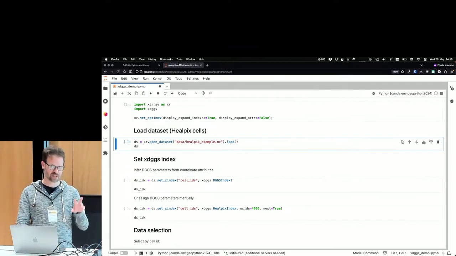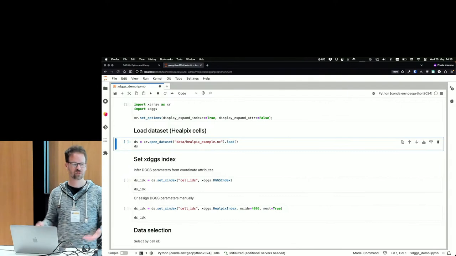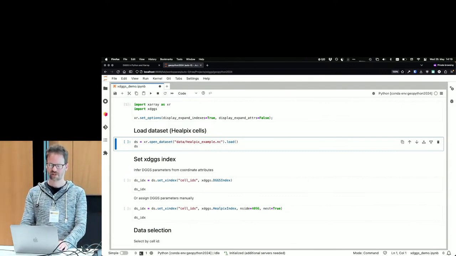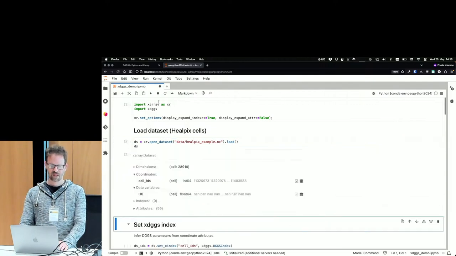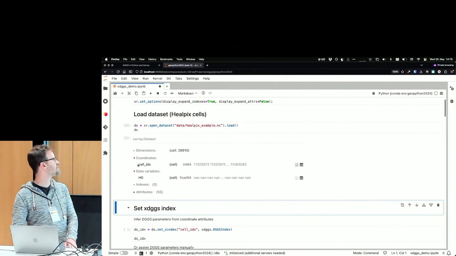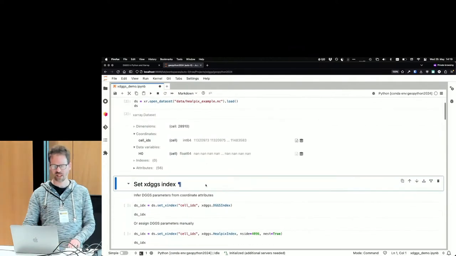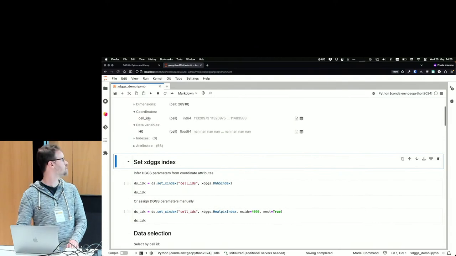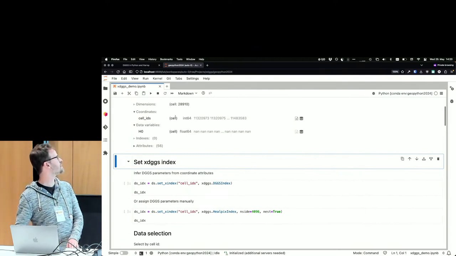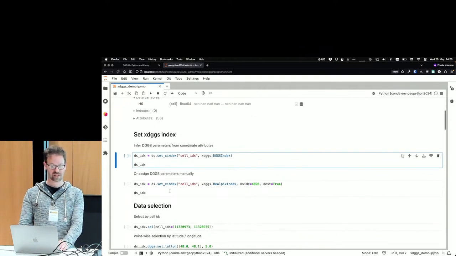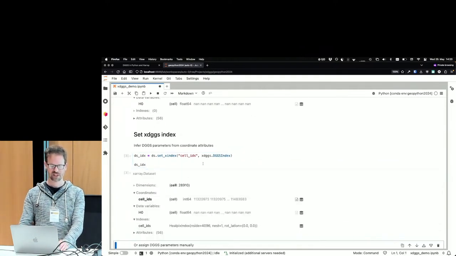So currently there's H3 and HEALPix that we support, but in the future we plan to add other systems. So again, here loading some netcdf file with a coordinate with a bunch of cell IDs, and it doesn't have any pandas index, because it's not a dimension coordinate, but we can assign a DGGS index